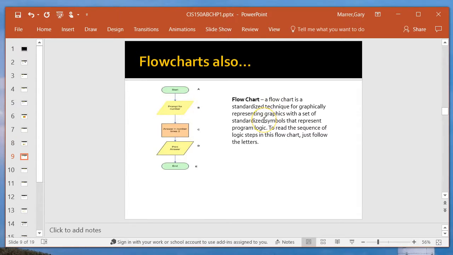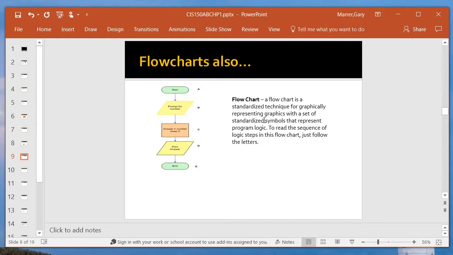Flowcharts are another way that programmers model logic, and flowcharts are very visual, whereas obviously pseudocode is very linear. The nice thing about flowcharts is that if you understand what the symbols mean, you can take a non-programmer and typically give them the kinds of information they need to understand the program fairly quickly. Non-programmers have a hard time with pseudocode because it's kind of linear, it's a little bit detailed like a math problem. So the advantages of flowcharts are typically that you can communicate to people who haven't worked with logic before